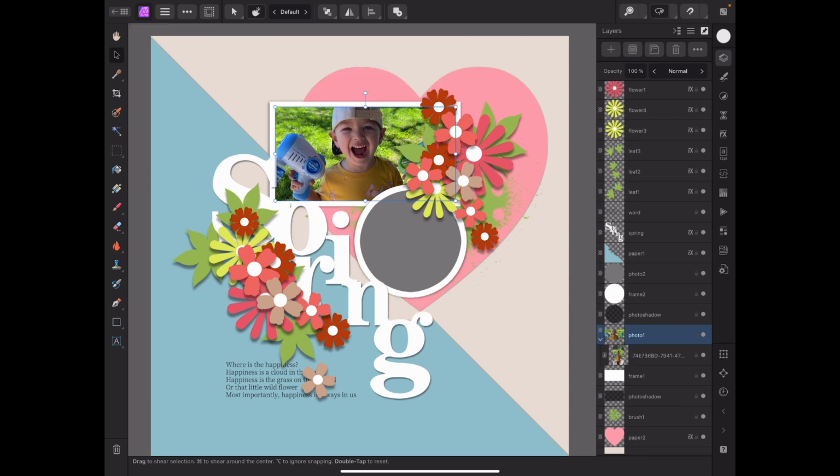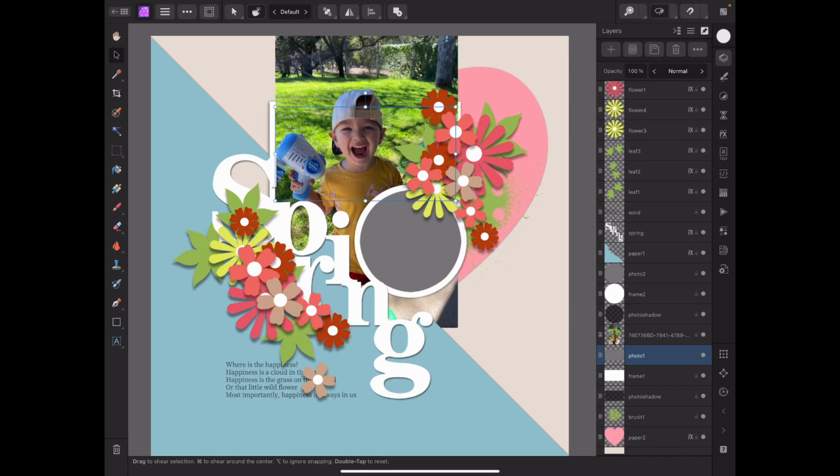I'm doing a lot of undos. That's what I was just doing. I'll take this photo back up here, and I'm going to have to take the photo, the frame, and the shadow so that they're all bigger. To do that,